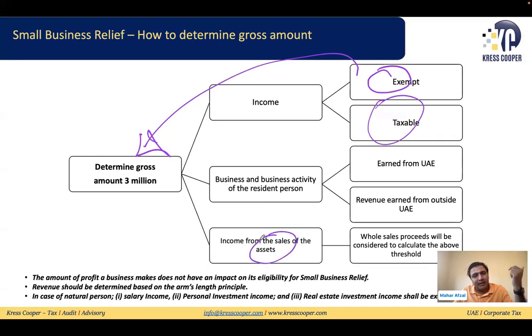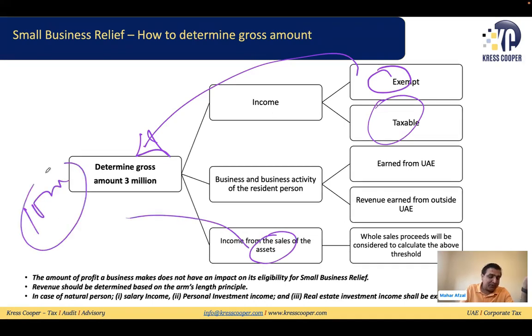legally, or as per IFRS, whatever IFRS allows us. On the sale of an asset, if the asset was assumed 1,000, these sale proceeds we are not treating as income, but they said sale proceeds from the sale of the assets will be considered part of the gross revenue as well. So if you have land, a building, or any other asset, and you are selling that asset, whatever the receipts from that asset, it will be considered part of the gross income.